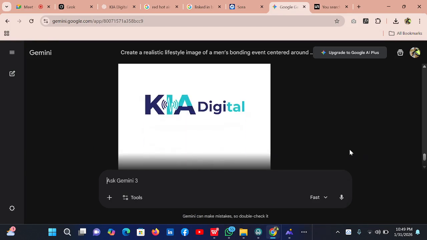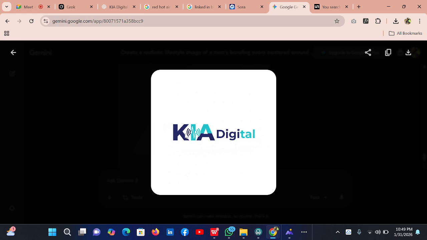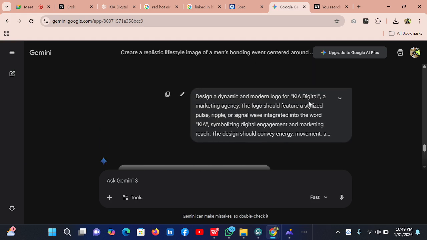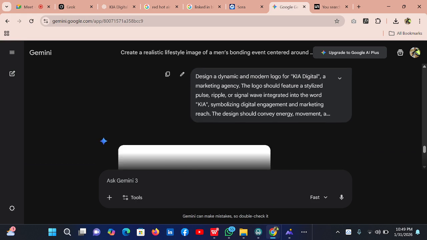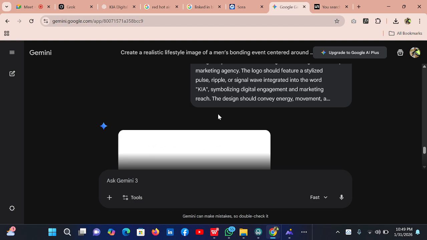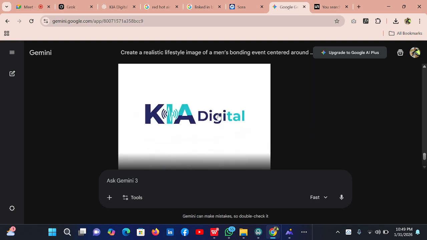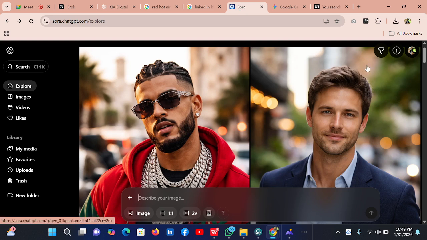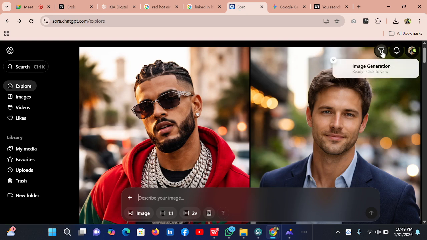Gemini is a bit fast. Oh, hey, this one is something. I don't understand what it says, and I don't understand the idea behind it. But let's see. Logo should feature a stylized pulse signal wave integrated into the word Kia. AI ideation. Let's wait for this.